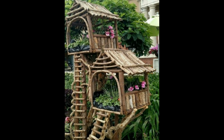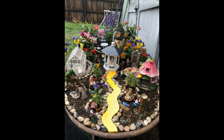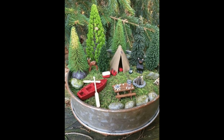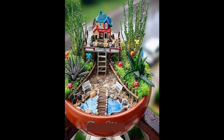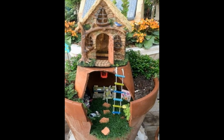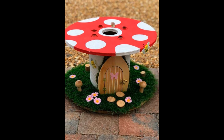What is the point or purpose of a fairy garden? A fairy garden offers a magical play space, a small world that children can use to develop their imagination and learn to flex their creative muscles. They also make a fantastic tool for meditation and sensory development and can help children and adults learn to self-regulate. And putting one together or making a fairy garden is a great way to sow the seeds of early learning